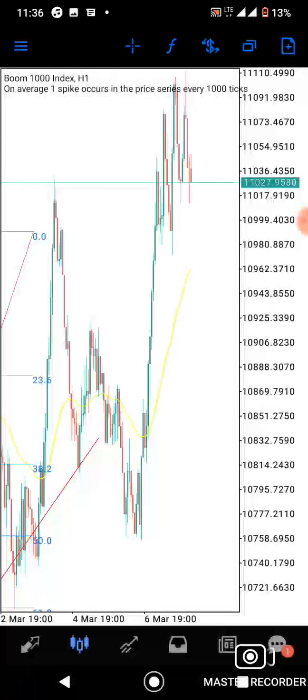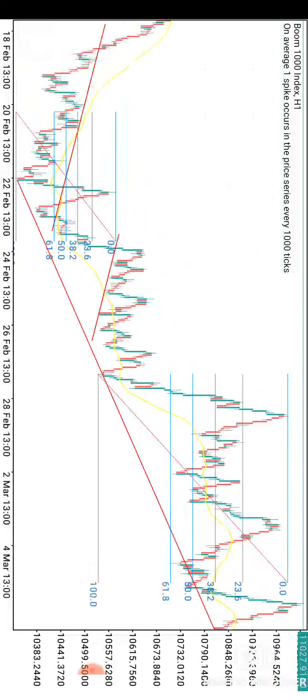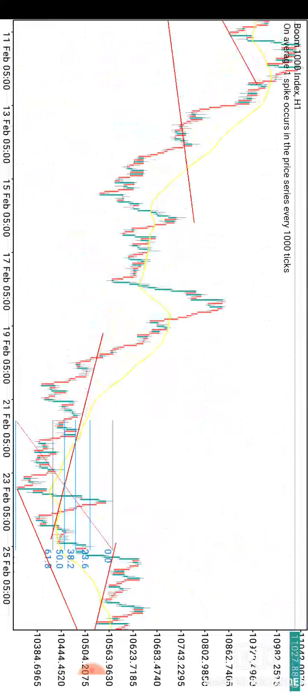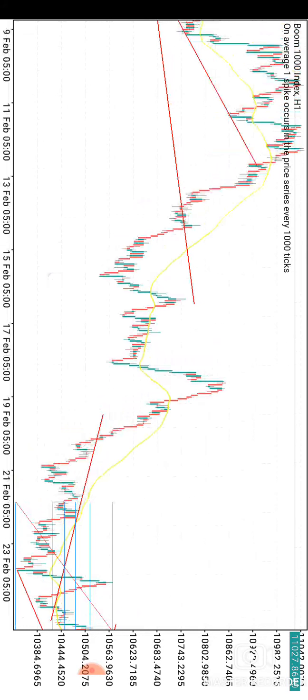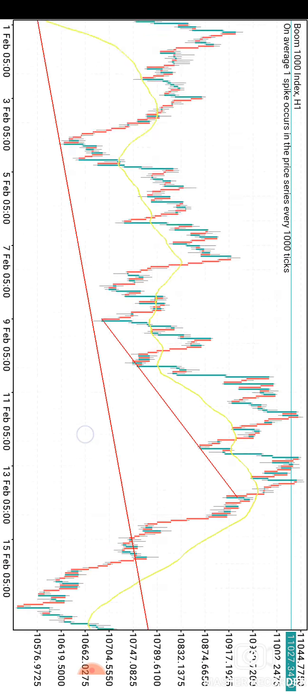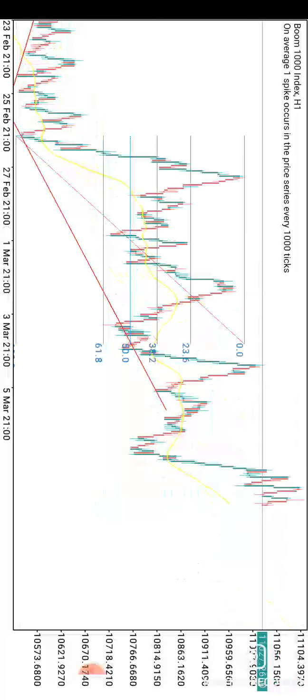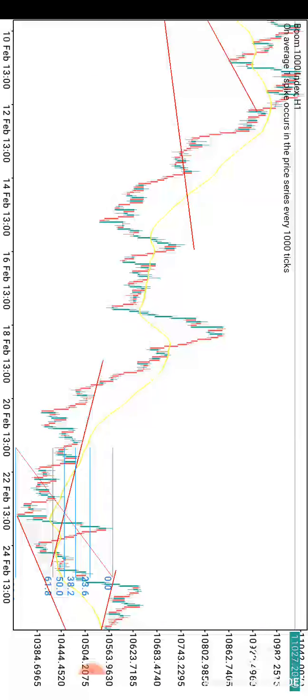This is quite easy. It simply says that when the market is below the moving average, it signifies that the market is going in a downward direction, and when price is above, it's going in an upward direction. And when the moving average is in between the price, it shows that the market is in a consolidation phase. As you can see clearly here,